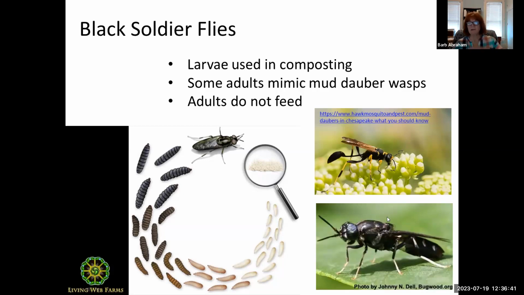So there are some spiders that mimic ants. And one of the things that makes it so difficult to tell them apart is they move like an ant, not like a spider. And these black soldier fly adults will move in the same fashion as a mud dauber wasp. So it can really be pretty hard to tell them apart. Now, these guys are used in composting because they're good fragmenters in the larval stage. Of course, the adults aren't really doing anything other than bringing you a next generation of larvae to help fragment in there.